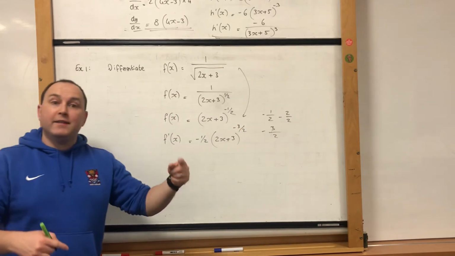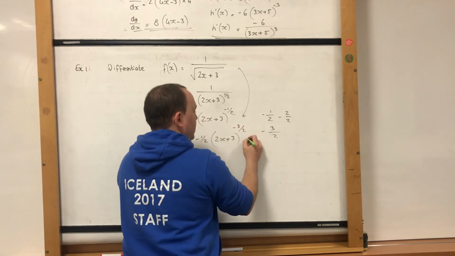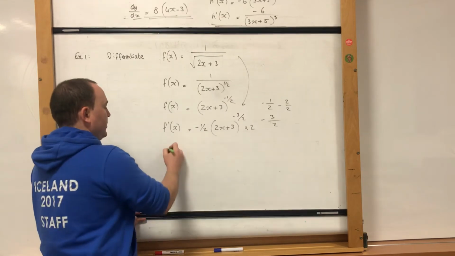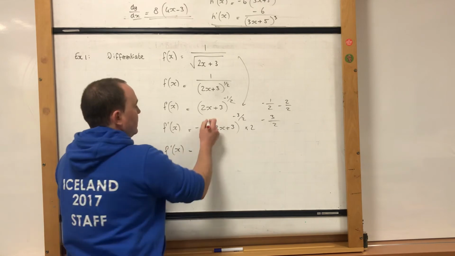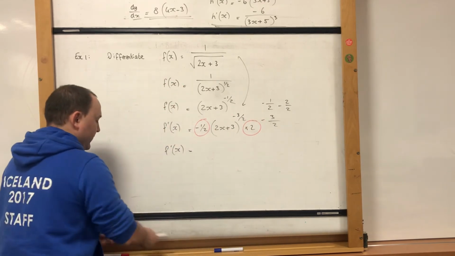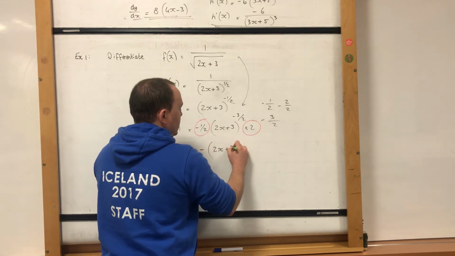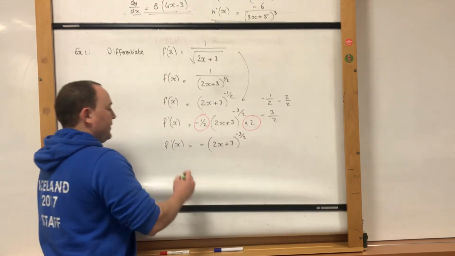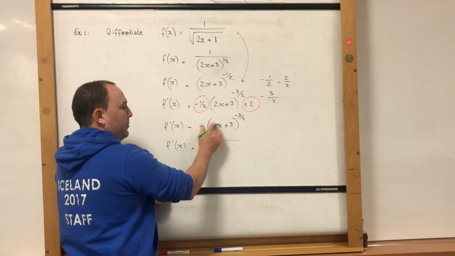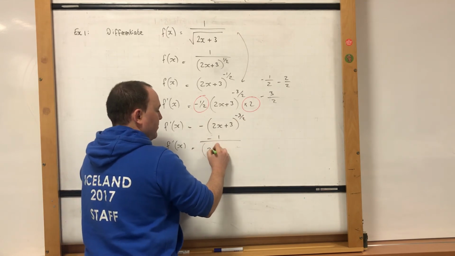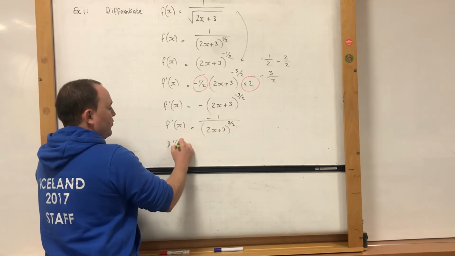Then multiplying by the derivative of the bracket, okay, don't forget that bit, that's the extra bit here, right? Multiplying by 2. So this works out quite nice. Negative half multiplying 2 is negative 1, so we'll get negative of this here. And you know what I'm going to say next? Positive index form. Okay, so negative 1 is multiplying this one with a negative power. Let's bring it to the denominator with a positive power,